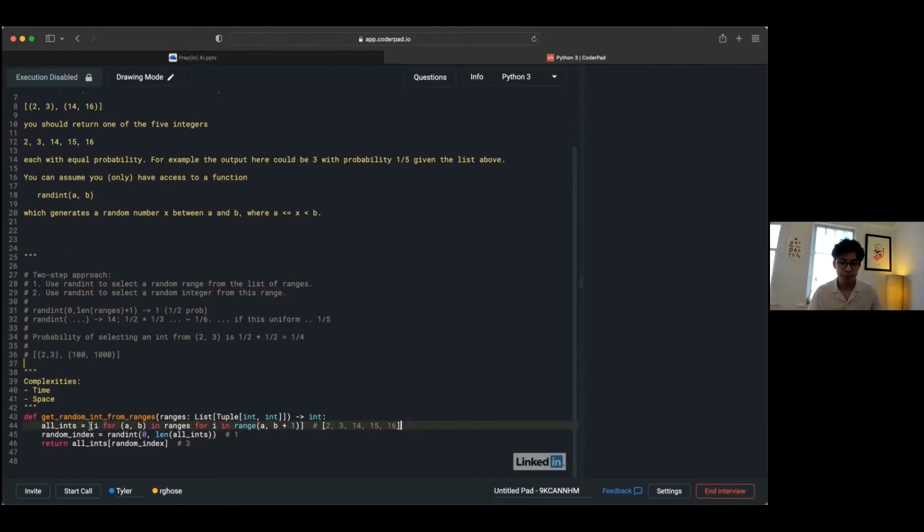In terms of both time and space, this line will be linear in the number of integers in the union of ranges. So it will be O(n), where n is the number of ints in the union of ranges, and the same for space. In this example, n would be equal to 5 because there are 5 different integers in this union of ranges.